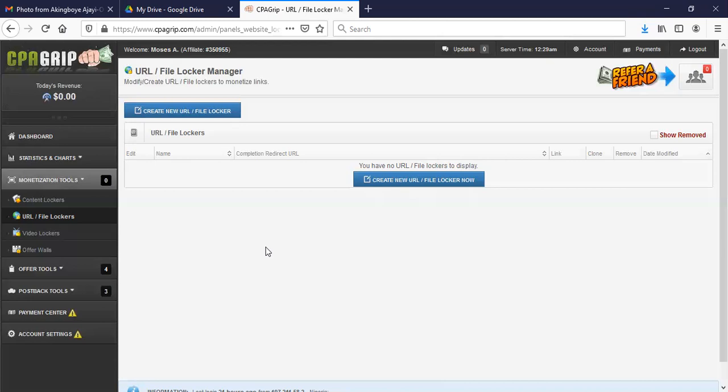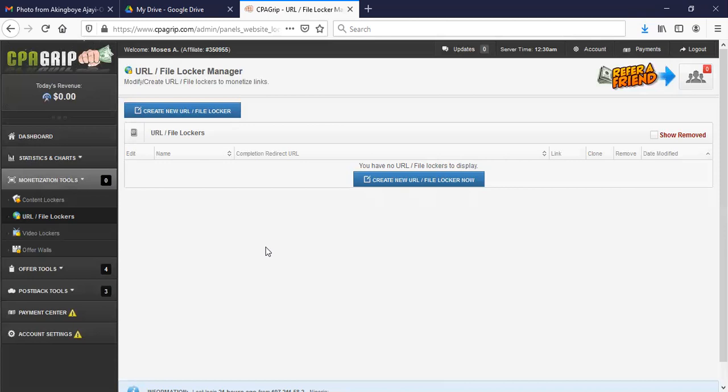So what we want to do is lock the URL of that ebook. For you to have access to this URL, because we've locked it with a content locker from CPA Grip, that means when the person that wants to have access to the ebook or video clicks download, CPA Grip will tell that person to complete this offer first. Once the person completes that offer, the person has access to download the ebook or video. That's the plan. Once the person completes the offer, you get paid. He gets his ebook. That's it.